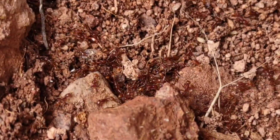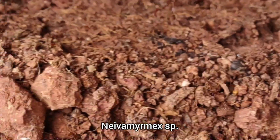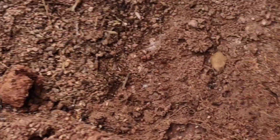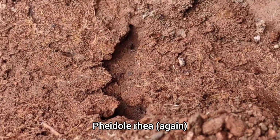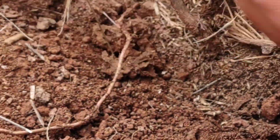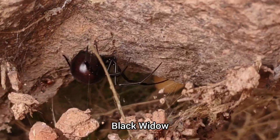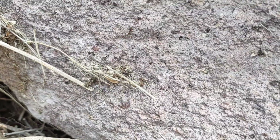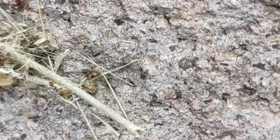Check it out. Neivamyrmex. Rhea over here. Yeah, so there's this huge Neivamyrmex colony here. Tons of them on the rock. And then right over here, there's Pheidole rhea. Bro, these rhea workers are small. No, they're normal. And then a huge black widow. Massive black widow. But look at these Neivas. It was really difficult to actually video, so in case it didn't turn out, here's one of those Neivamyrmex workers